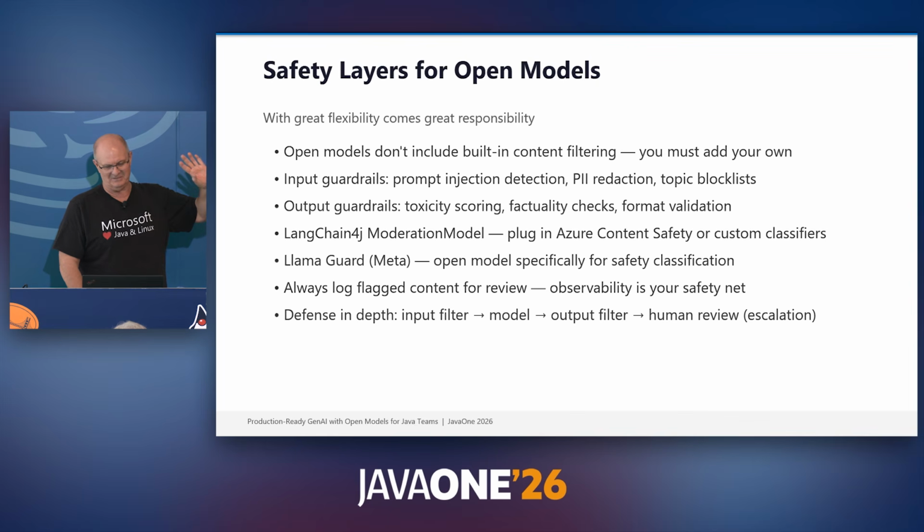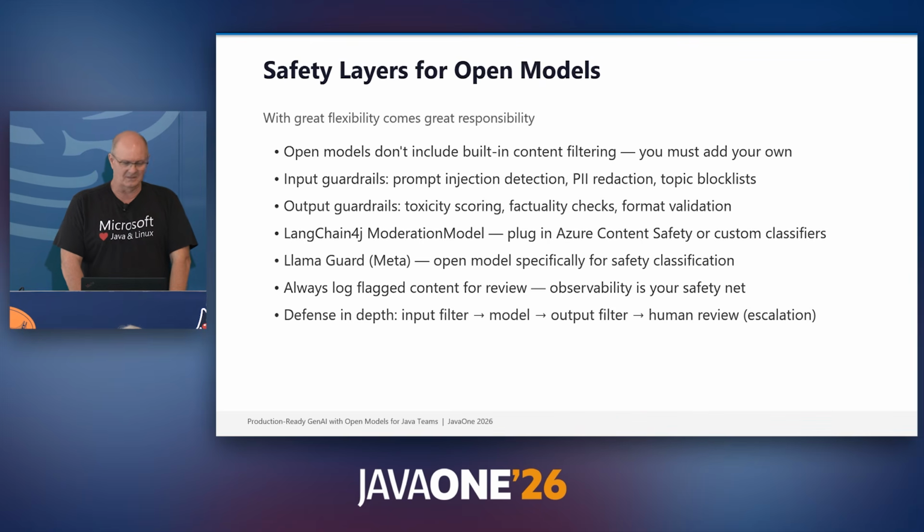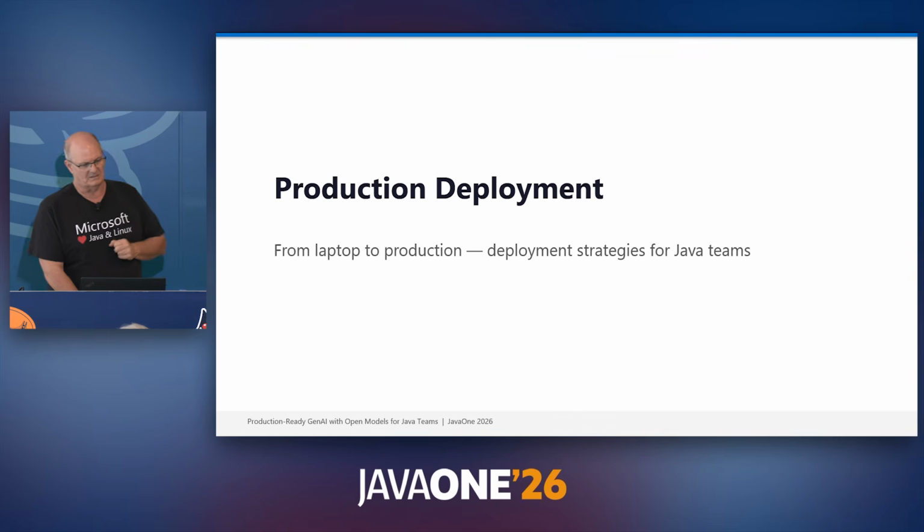And you can log that and review it later in case there's something that you need to do, unless it's a false positive or something like that. So you use the input filter, the model, the output filter, and then if there's anything awry there, you want to just check and escalate that through human review through logs. So production deployment,